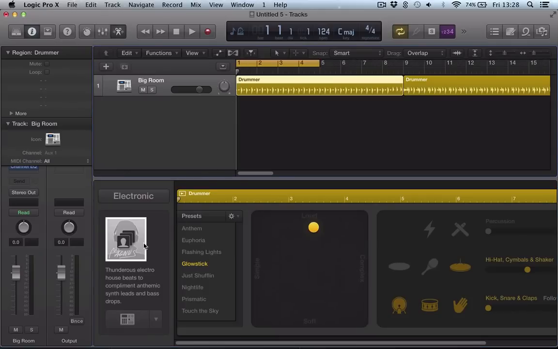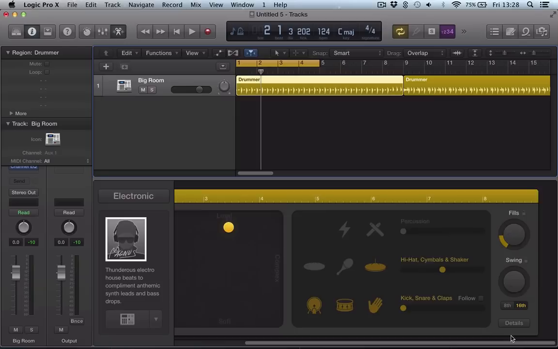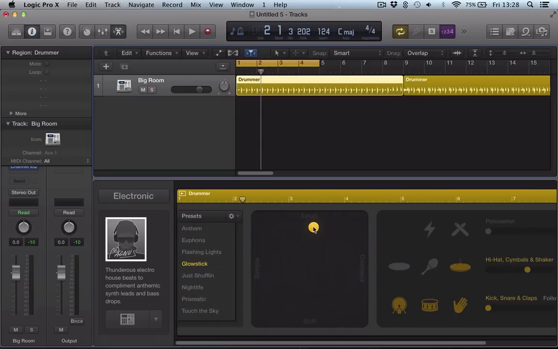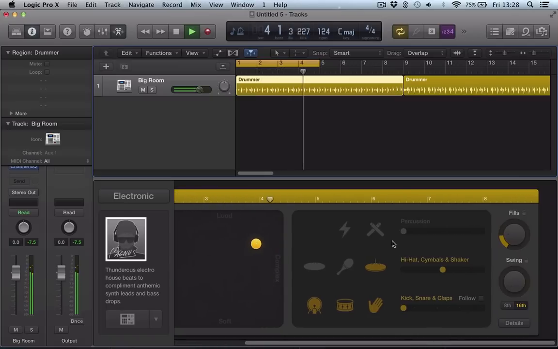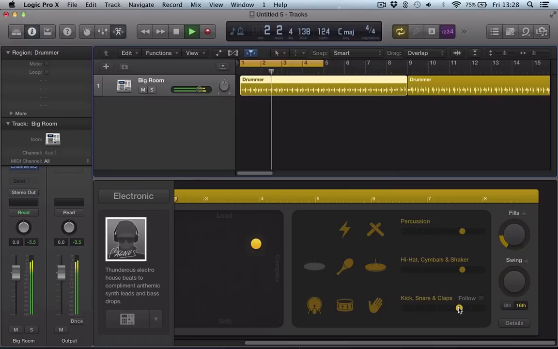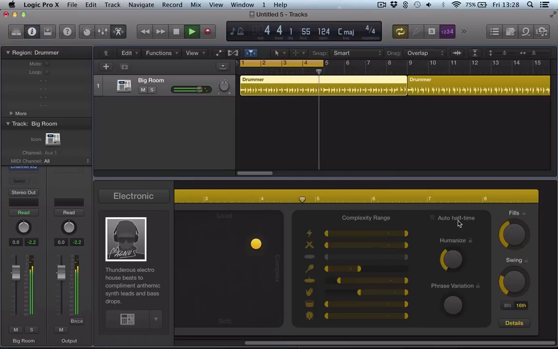So we've got quite a few new drummers here. Magnus, it's kind of EDM style, and you still have all the stuff that you had previously with drummer, which is really cool. It's a really flexible and intuitive way of editing drums. So you can start going loud and complex with this loop, or soft and complex, moving that around, adding in some percussion, some more snares and claps, some swing, some fills, going into the details, humanizing things, halftime,